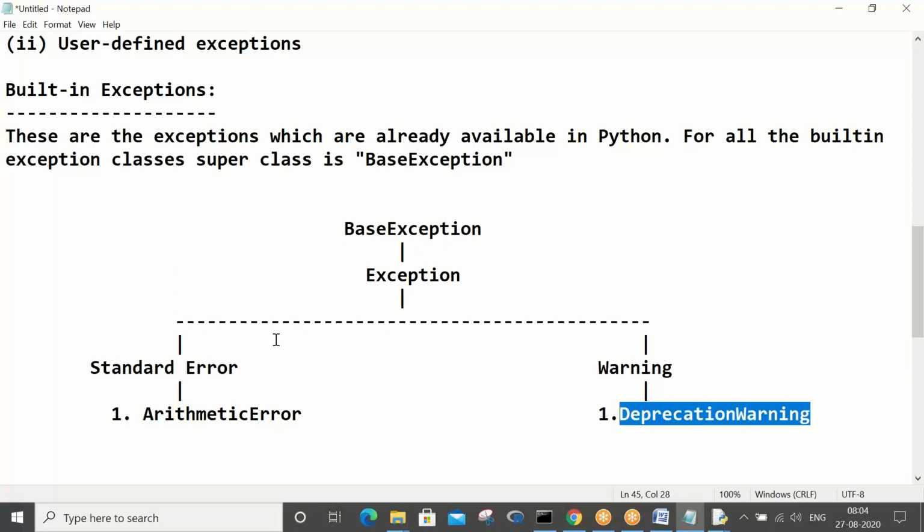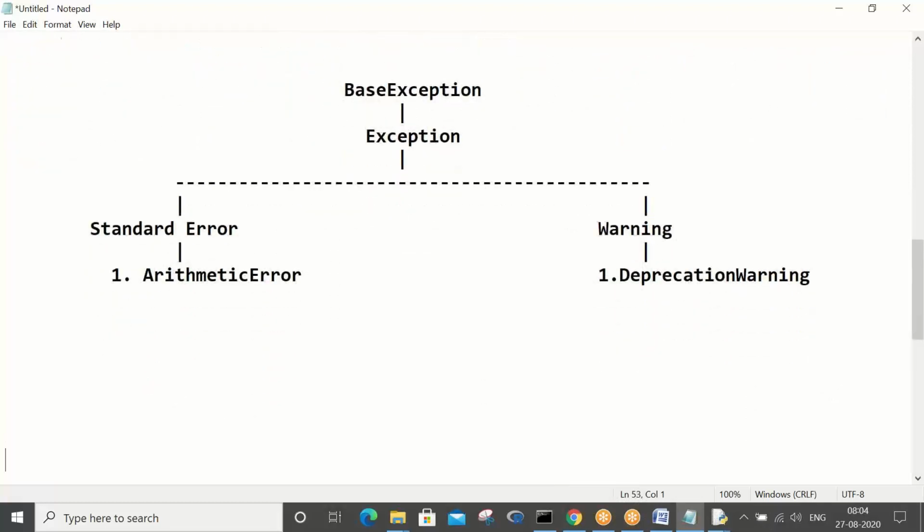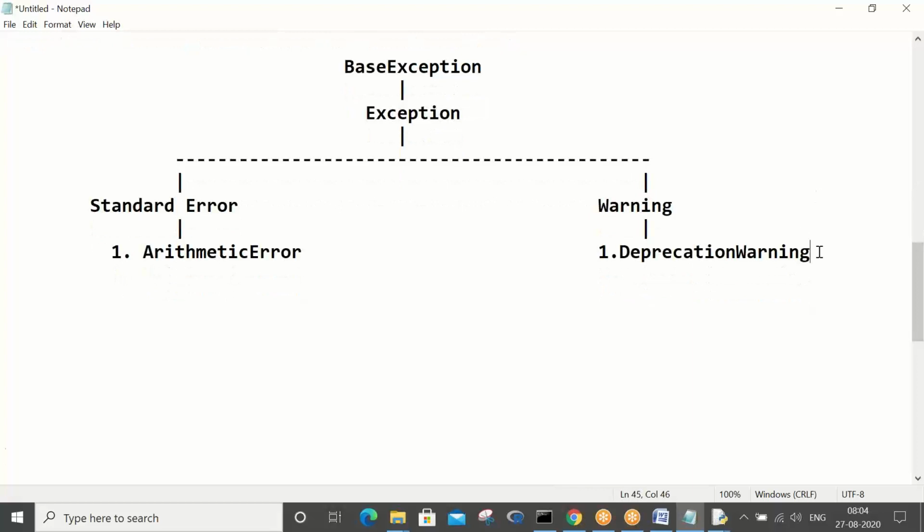Deprecation warning, assertion error, runtime warning, syntax error.